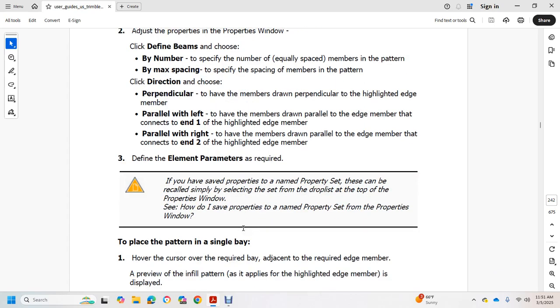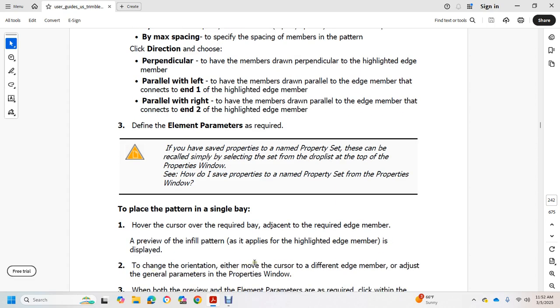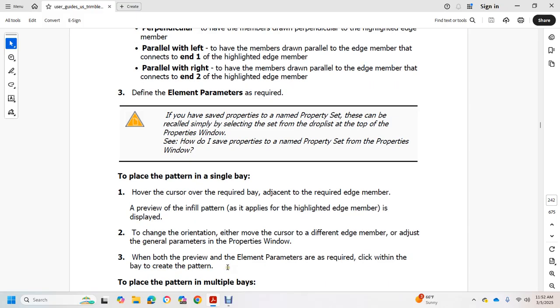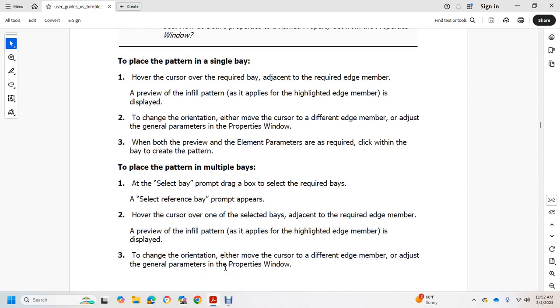To place the pattern in a single bay, hover the cursor over the required bay, adjacent to the required edge member. The preview of the infill pattern applied with the highlighted edge member is displayed. Change the orientation either by moving the cursor to a different edge member, or by adjusting the general parameters of the property window. When both the preview and element parameters are as required, click within the bay to create the pattern. To place the pattern in multiple bays: